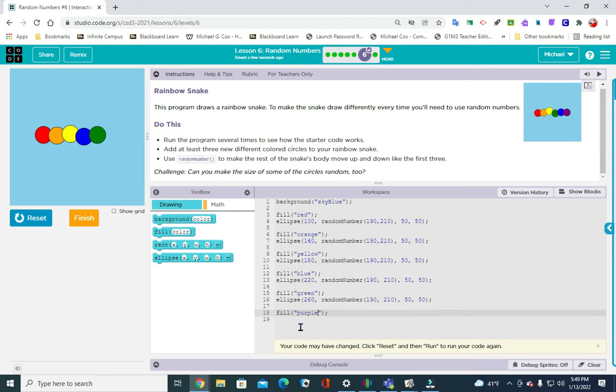Purple, and then I'm going to go grab the ellipse. Make sure I grab the right one. And so we'll count them by 40s: 100, 140, 180, 220, 260. So most of you know 260 plus 40 is 300. And that 200, we are going to put